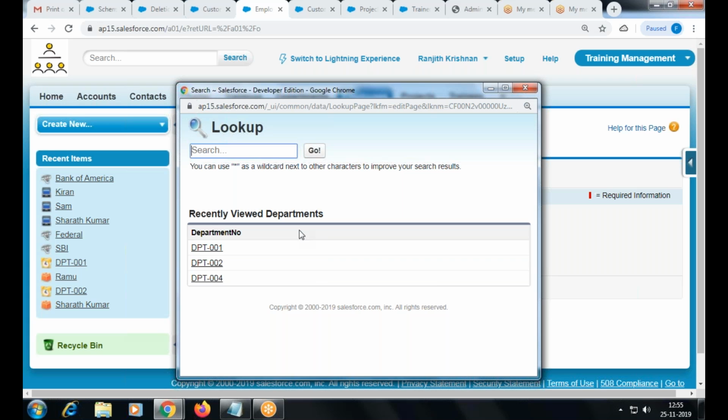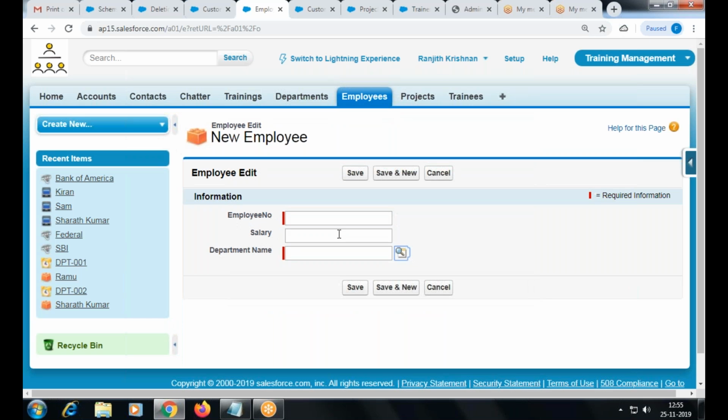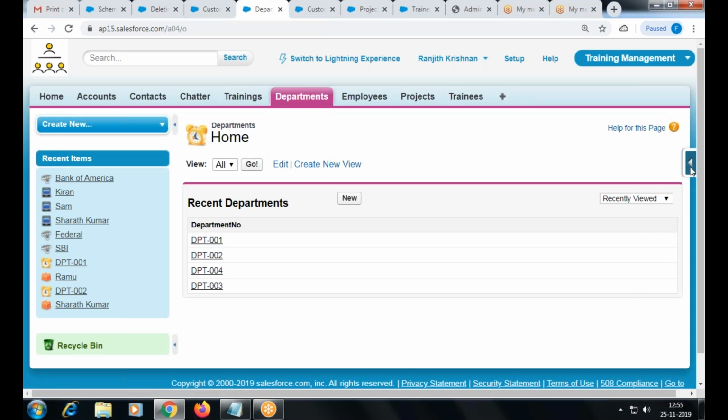Okay. So what about other fields? The field belongs to which object? Department. So you have to customize this layout under the department object, because I'm going to look up the department record. So I go to the department object page.